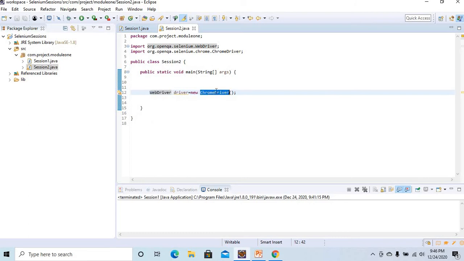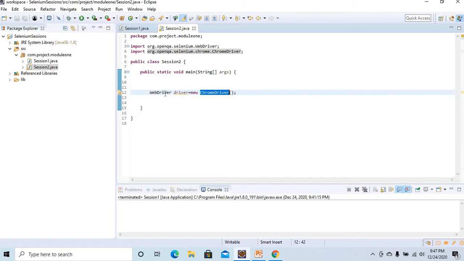Then, using that particular interface, driver-specific classes are implemented. ChromeDriver is a class implemented specifically to handle the Chrome browser.